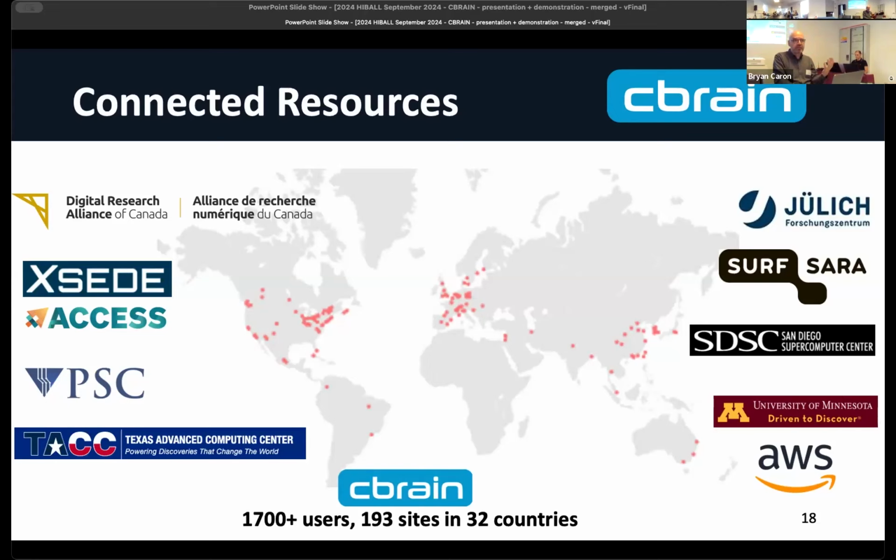Particularly, if you might have heard of the HBCD project, the Human Brain Development Project, that one is using CBRAIN to manage all their workloads. You can see obviously we're connected also into the ULICH system. We did that as a proof of concept as part of HIBALL, and that's connected. And if you have a specific allocation in that system, it can then be configured to allow access for you and your group within CBRAIN as well.